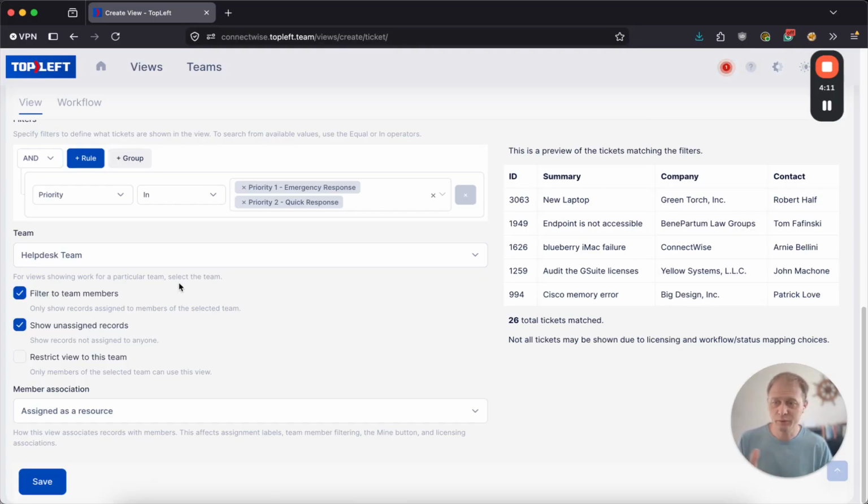And that is pretty useful to only show tickets that are assigned to people on your team, possibly also unassigned records if you have this checked. So that can make things a lot simpler if you only want to see tickets that are assigned to certain